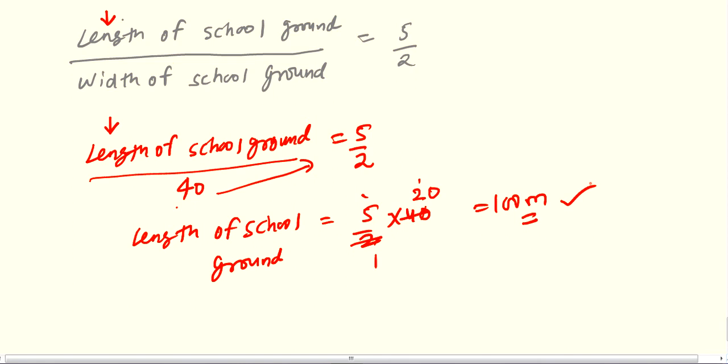Now question number 8 and question number 9 are the same. Question number 8, you have the ratio of sale of X on Sunday and that of the whole week at a grocery shop. Means the ratio is given to you of Sunday to total week. How much? 2 is to 9 means 2 upon 9. Now if the total value of the sale of X in the same week was rupees 360, find the value of the sale of X on that Sunday.